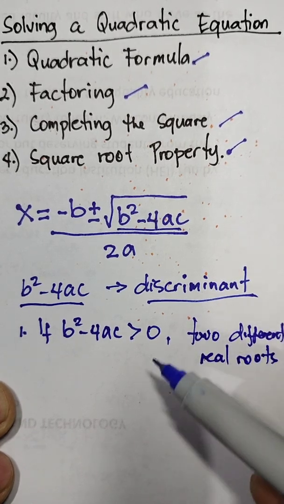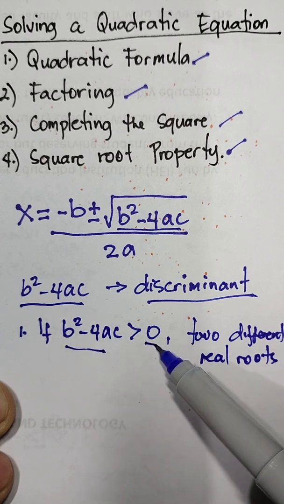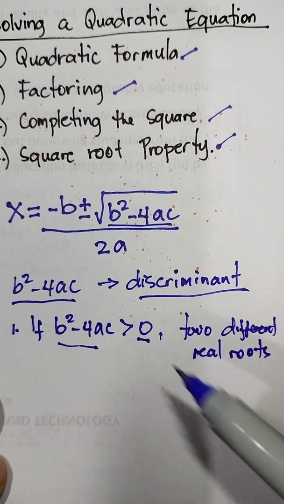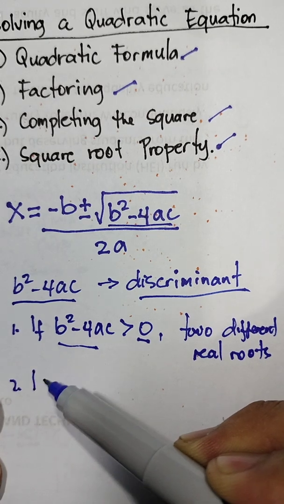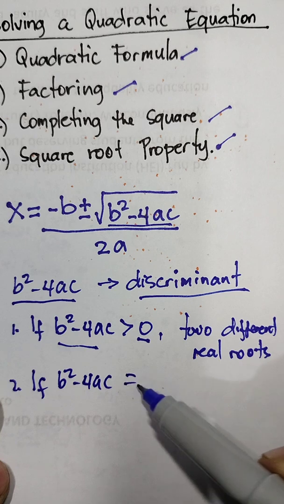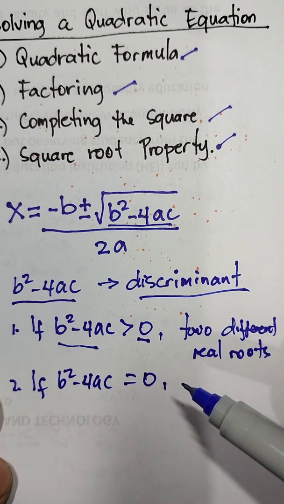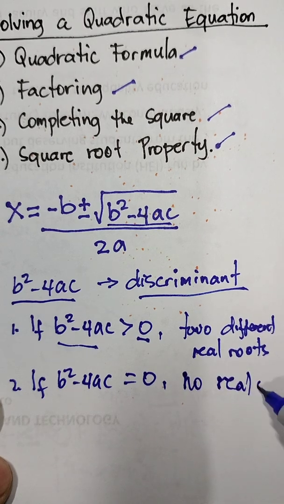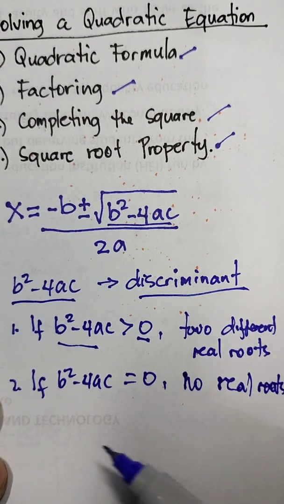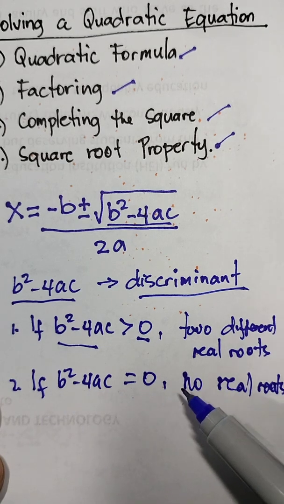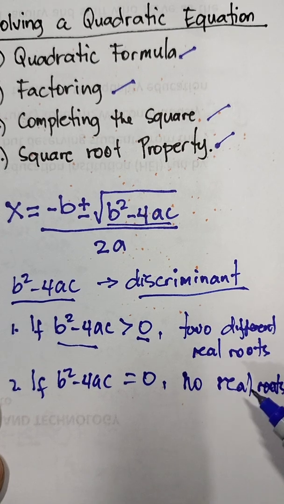Remember, if the discriminant is greater than 0, there are two different real roots. And number 2, if the discriminant is equal to 0, the equation has